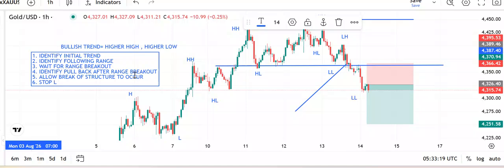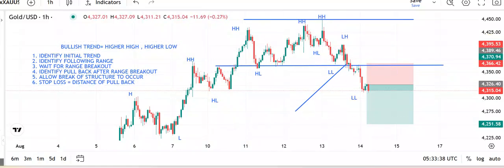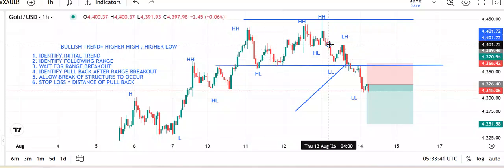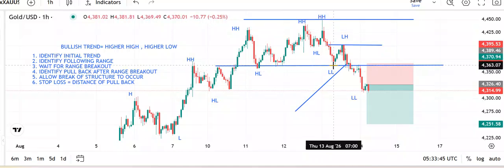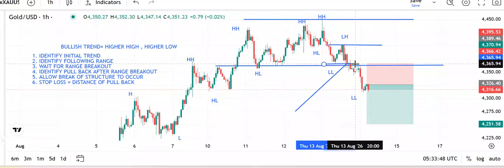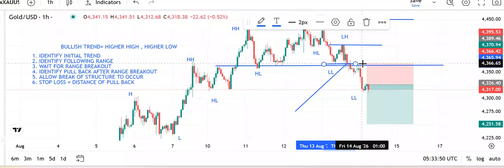stop loss equals distance or depth, okay, in pips of pullback, of price pullback. Now this is the depth of the price pullback for this particular explanation. Price pullback, the depth is